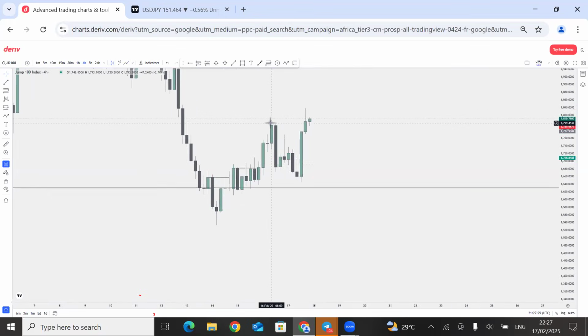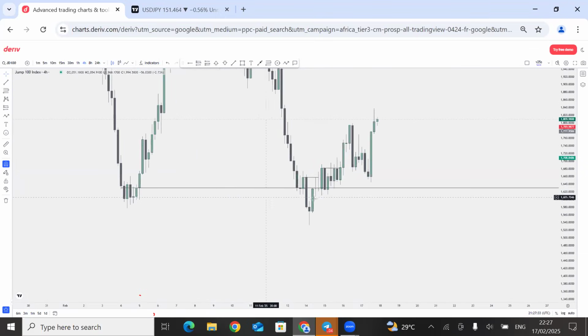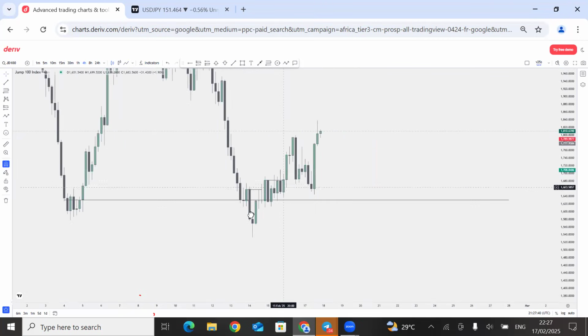So we have all these breaks of structure to the upside, and I notice here, let's not just say that's a key level. So there was a real break of structure. So price is going to come back down to this zone to buy off, because I've already confirmed my trend is bullish. I just expect price to come back here to buy.